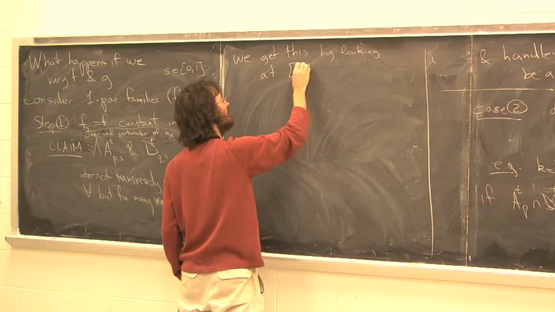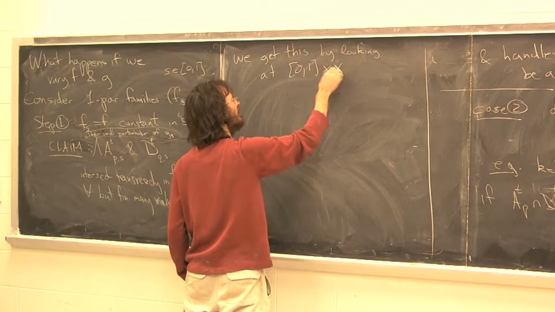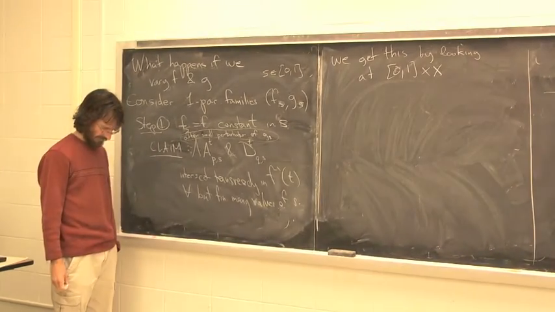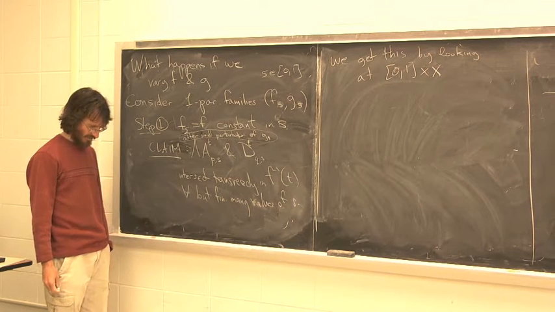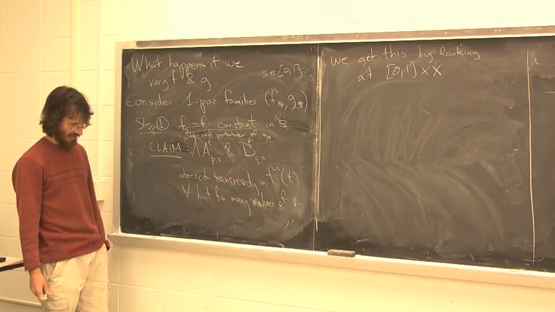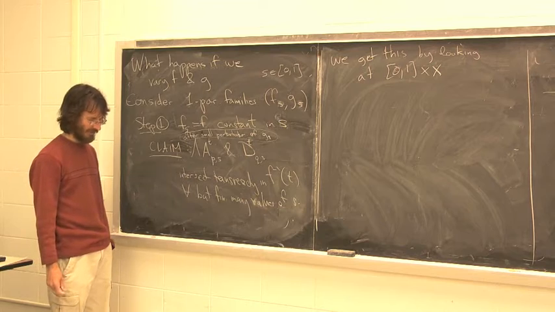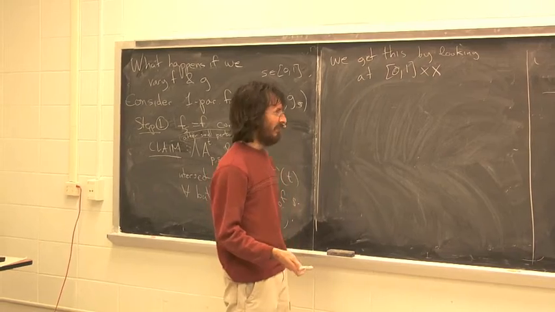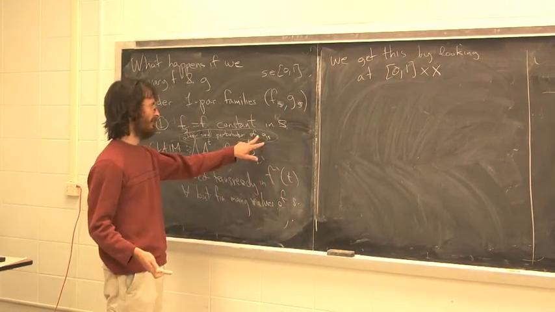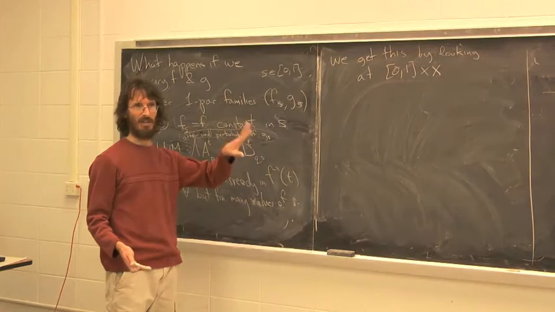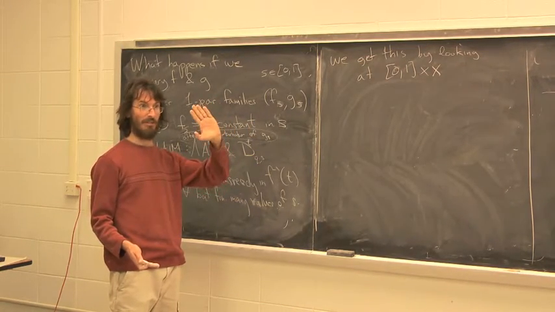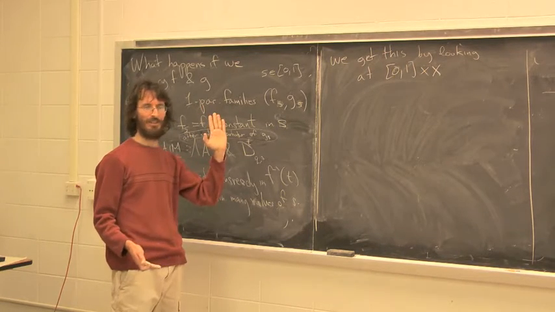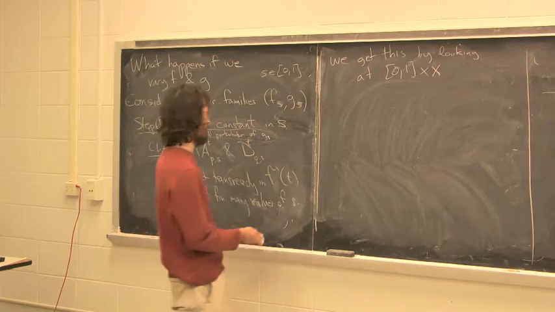One cross X. And we can then, so, I mean, there's a fancy way to say this, but all I really want to do is the idea is fairly simple. I want to promote this one parameter family. I basically just think about the vector fields, forget about the metric. I want to promote this one parameter family of vector fields on X to a fixed vector field on 0, 1 cross X. Okay, so